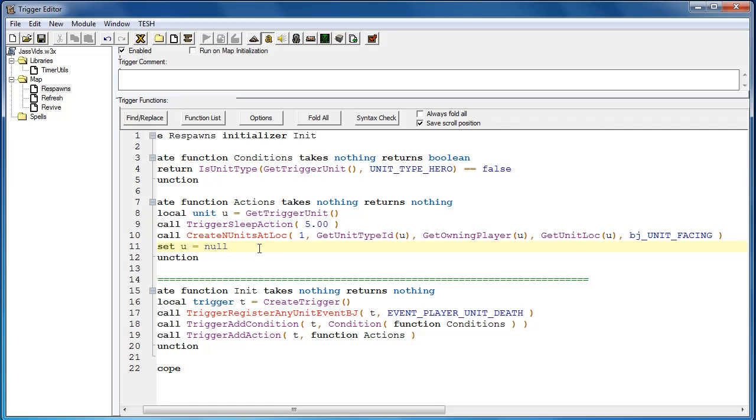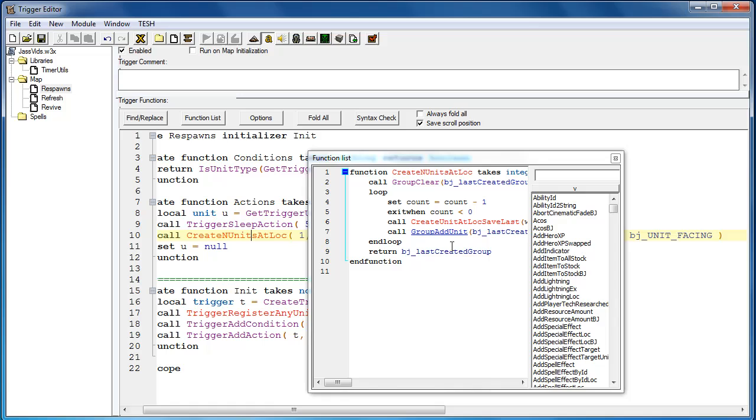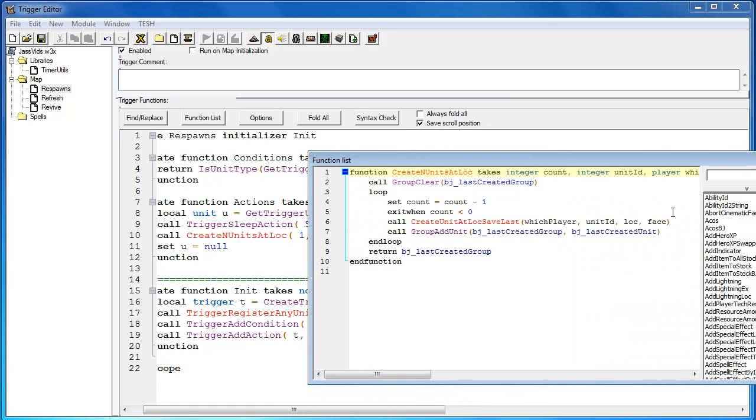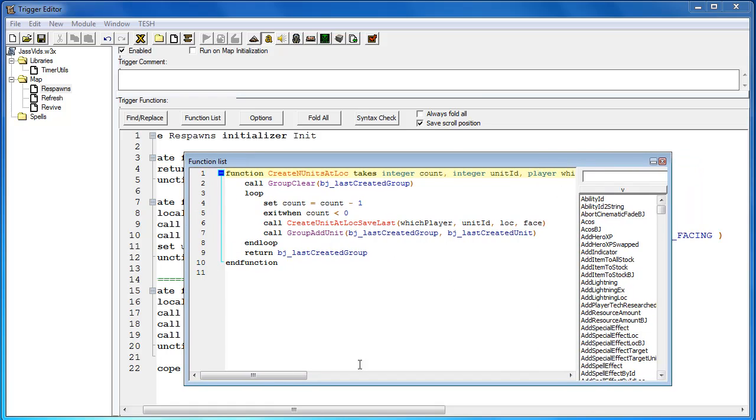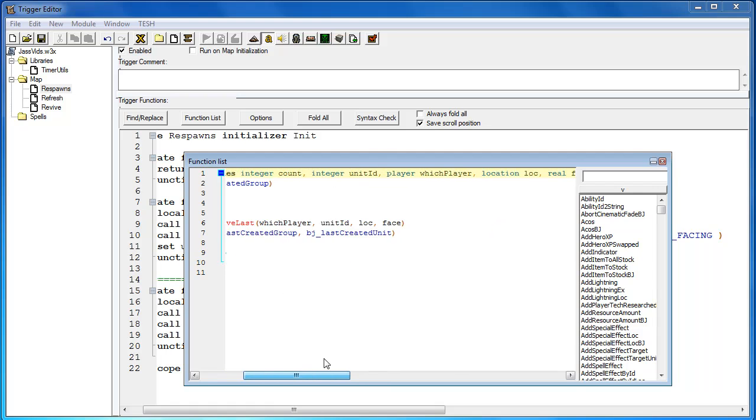So it's smart to null unit variables. Now this function here is called a BJ function. If you look at what it is, it's this loop with groups and such that Blizzard does, and it's pretty